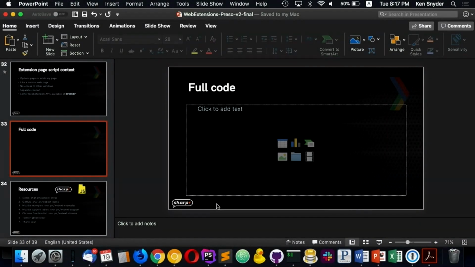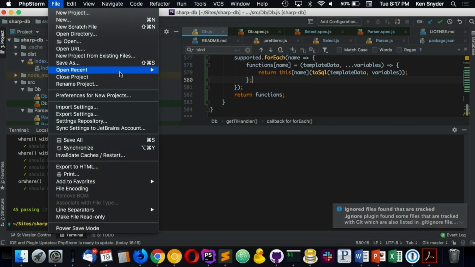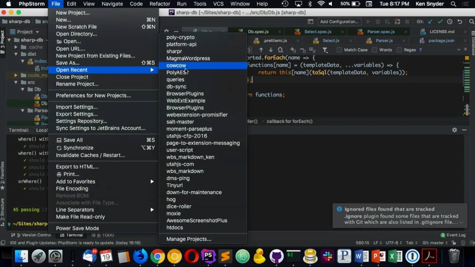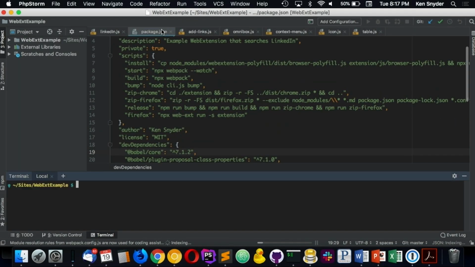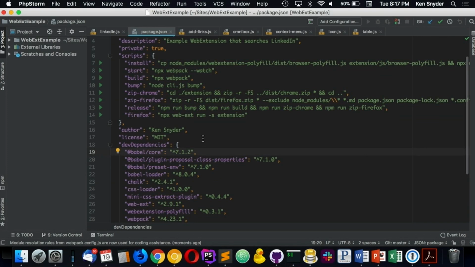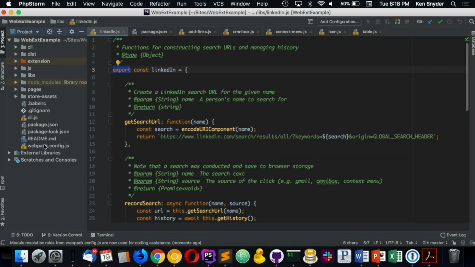So let's look at the full code. And actually, I don't even have it up right now. So give me a second. I was just realizing, to see about the size of it. Okay, don't think we need that. All right, is that good size? Maybe a little bigger? Okay, so let's look at the